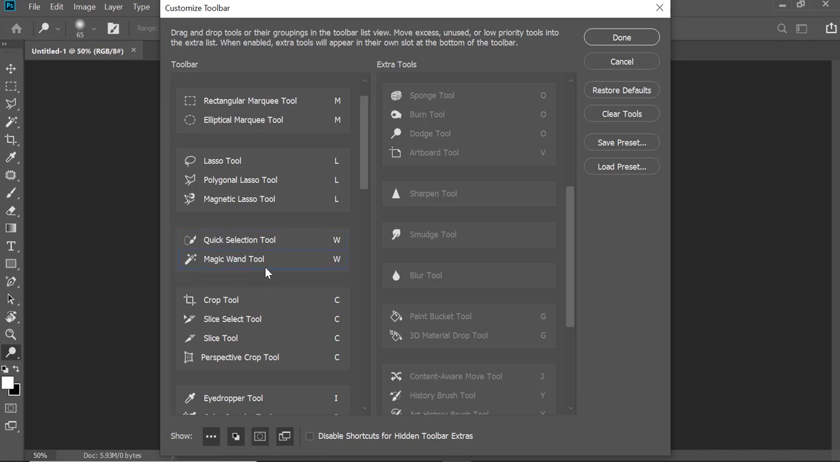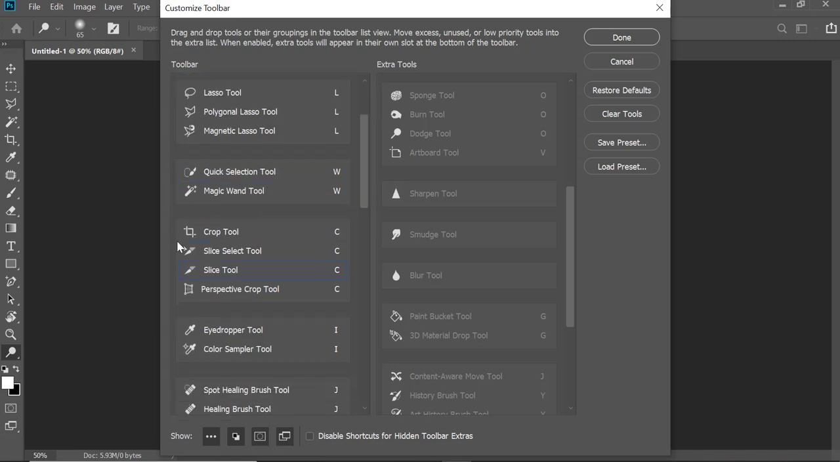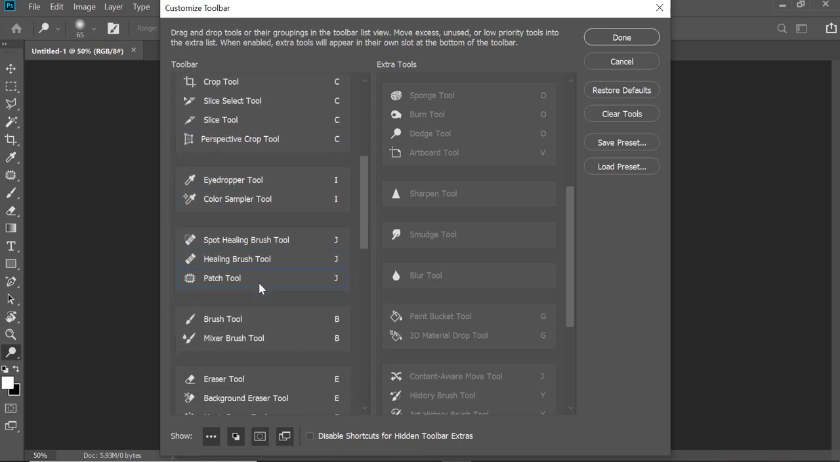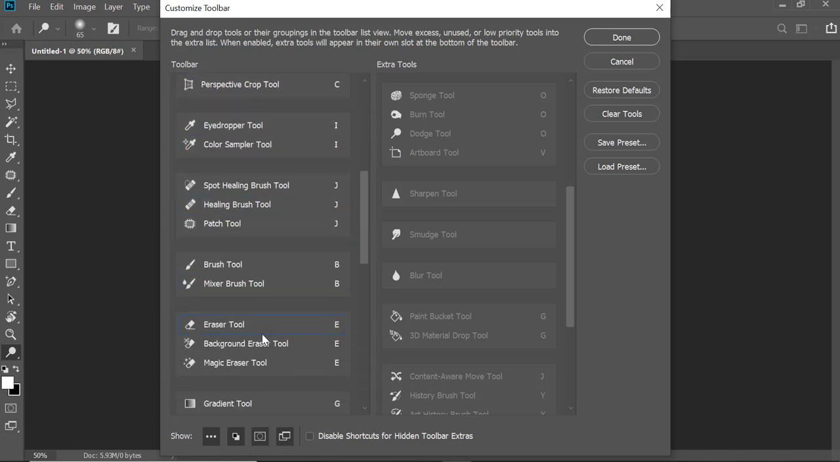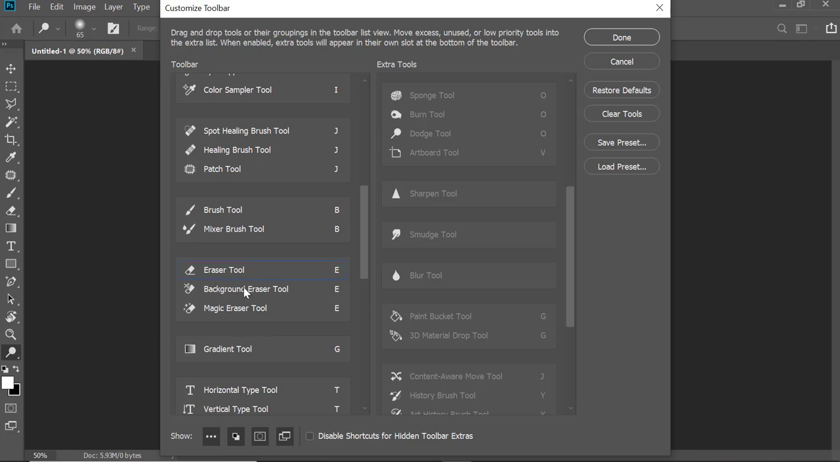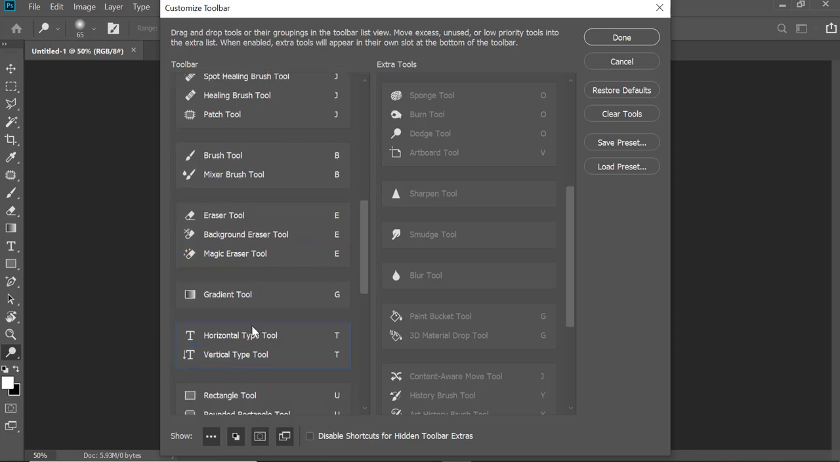Then magic wand tool. These are necessary, right? You have the crop tool, you have the slice tool, and the slice select tool, and so on. You have the perspective, right? So now in your arrangement, you can see the eraser tool, the one that is not going to be necessary, right? For instance, this